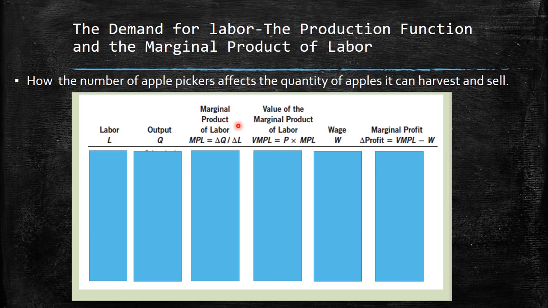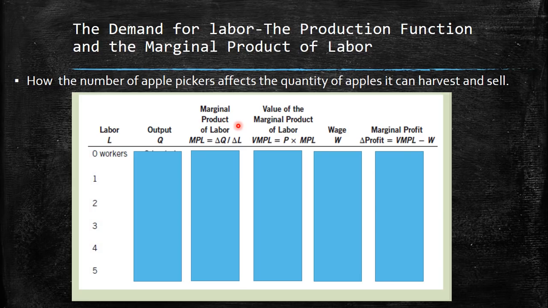This is essential because it will determine the point at which I'm going to stop hiring people. When this additional worker produces a value of marginal product that is less than what I need to pay, naturally I need to stop, because it won't be profitable if I hire an additional apple picker but need to pay more than he or she really produces. So this will determine at the end the most efficient, most profitable point from the